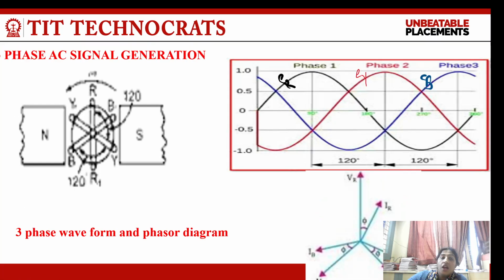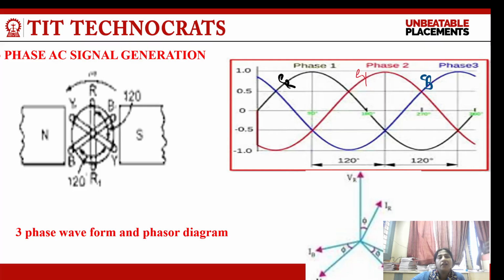Now, as we deal with single phase, it is generated when you rotate a conducting coil in a uniform magnetic field, or you place a conductor and rotate the magnet either clockwise or anti-clockwise. You are going to get the alternating signal, that is positive then negative, and this positive and negative is going to repeat themselves at a particular interval of time. Therefore, we name them an alternating signal.